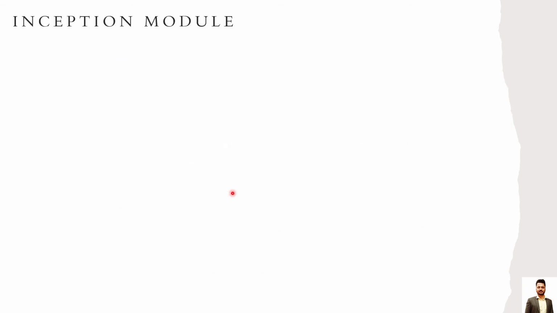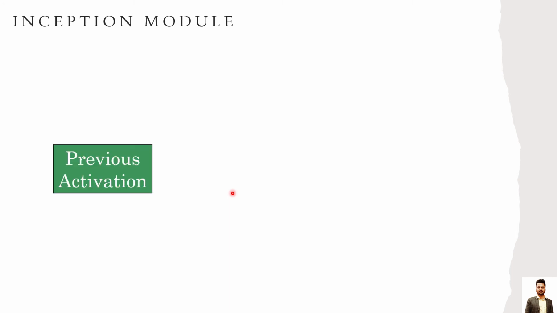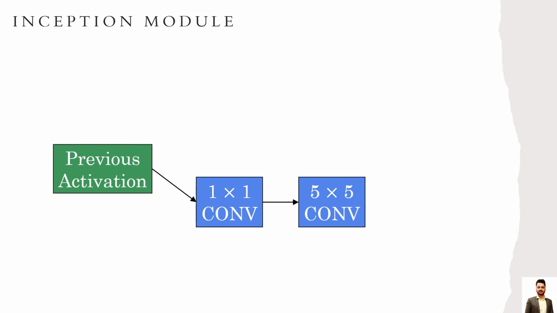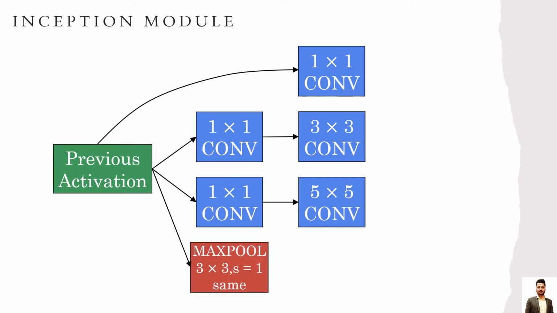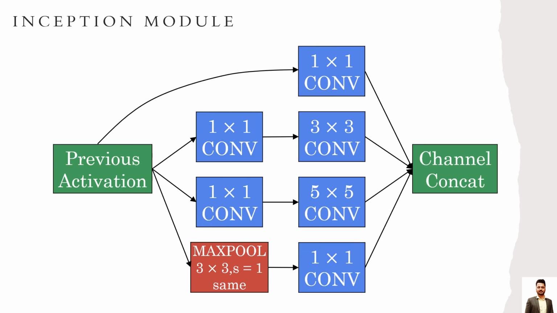Now let's see first how the connections are made in the Inception module. Initially, the previous activation which was coming, we convolved it with the 1 cross 1 convolution and passed it to the 5 cross 5 convolution. Similarly, we did this for the 3 cross 3 convolution, and a 1 cross 1 convolution was sent as it is. And this max pooling was also passed through 1 cross 1 convolution, and in the end we got this concatenation and the size of 256 was achieved.